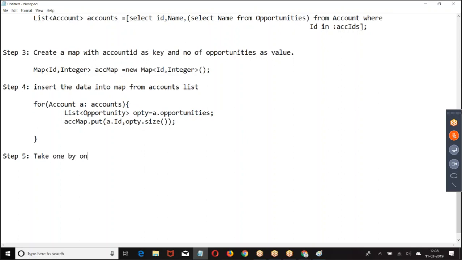Take one by one record from opti list and check how many opportunities are already existing for their parent account.